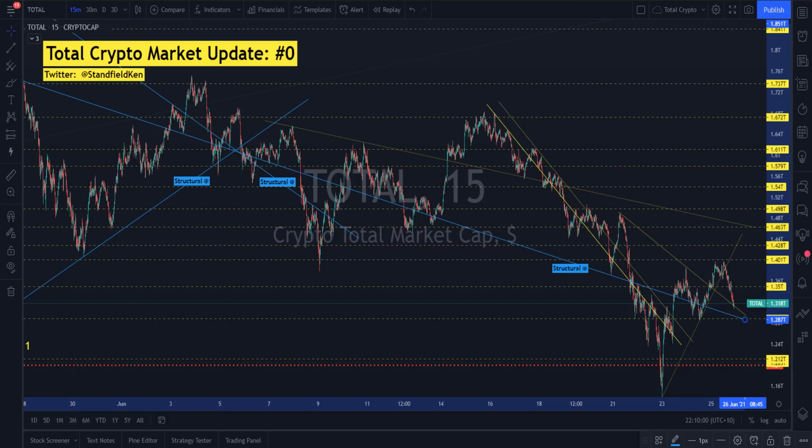Let's turn to crypto total market cap. This is really the fingerprint of every crypto in the market because that is what it is. We can see that there was a support. It's just recently been broken. There is a downward level of support and a structural level of support which should provide a bounce. It's really important that we get above this previous high at around 1.401 trillion. That's important. Currently, total market cap in the crypto space is $1.318 trillion.